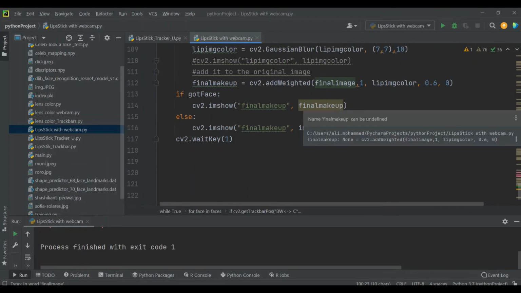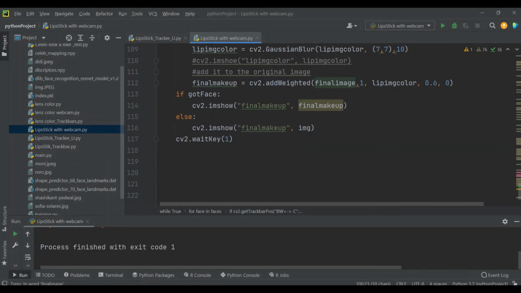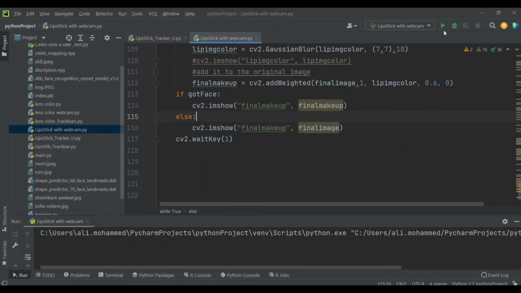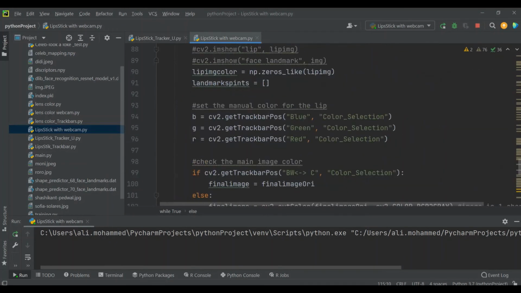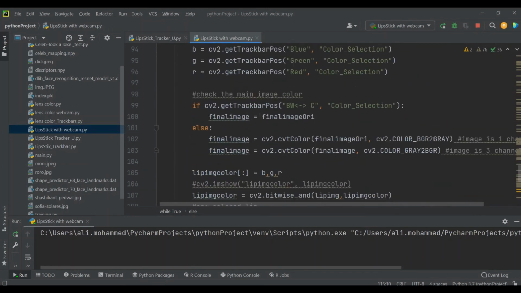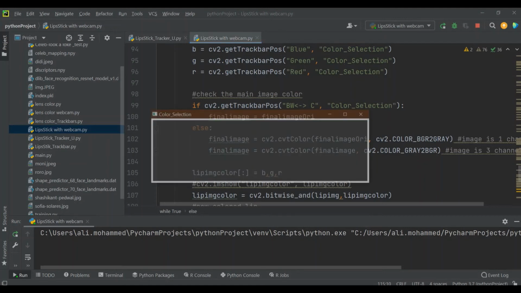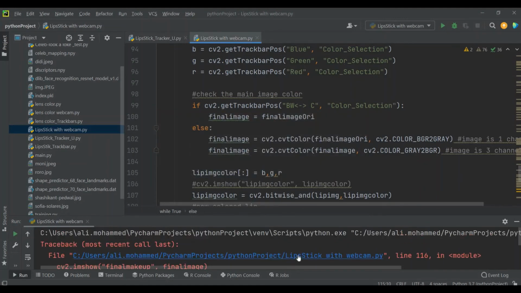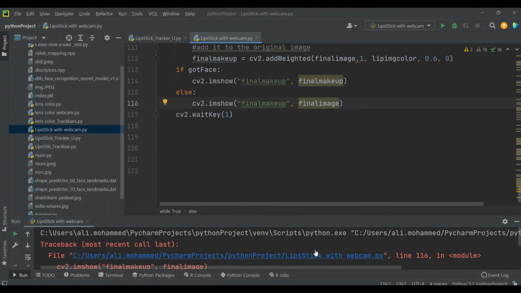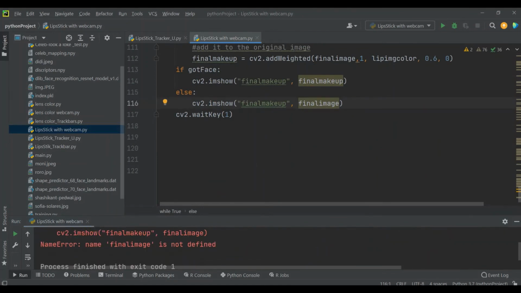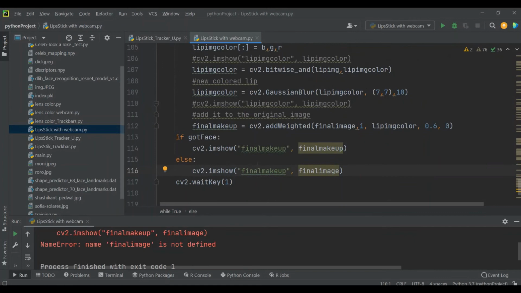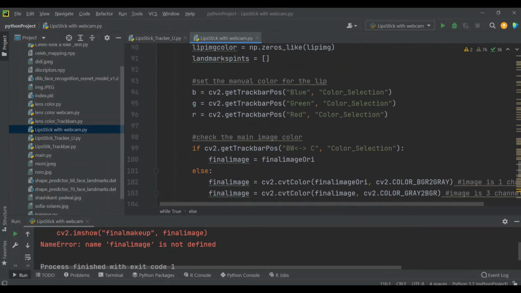It will be here, else, yeah. Let's try it this time. I believe this is the one. We just take the final image, because the final image will be the one converted to black and white according to the tracker position. Oh, we got an error. Final image is not defined. Final image. Oh,